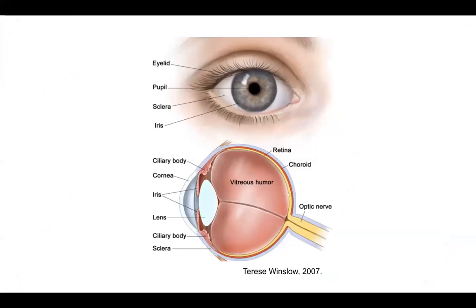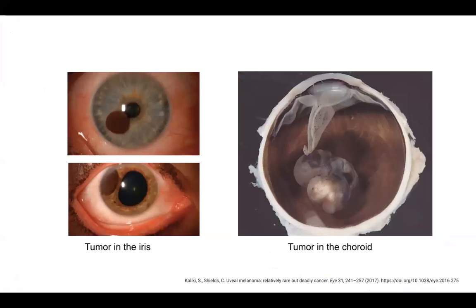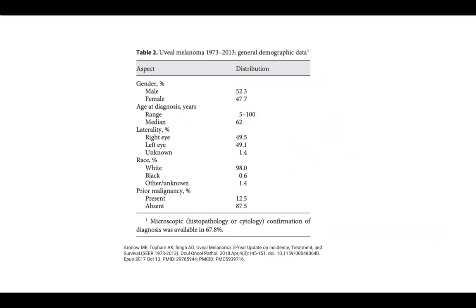At the most general level, uveal melanoma is a cancer of the eye. It arises from melanocytes present in the iris, ciliary body, and choroid layer of the eye. Seen here are some examples of uveal melanoma tumors. The major common factor among uveal melanoma cases is ethnicity. In fact, 98% of patients are Caucasian, suggesting that uveal melanoma is due to genetic predisposition and is not an environmentally